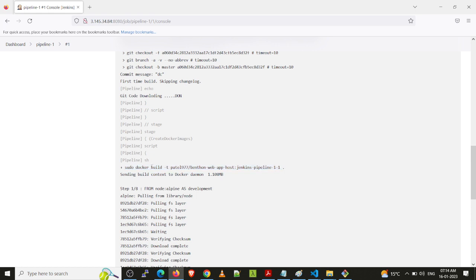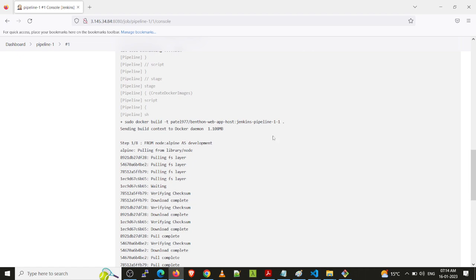This is the docker build. It means taking the Dockerfile and creating one image. The image name is here, patel benthon babe app host, and the tag name is jenkins pipeline. I'm using a keyword for an environment variable to take the key names.